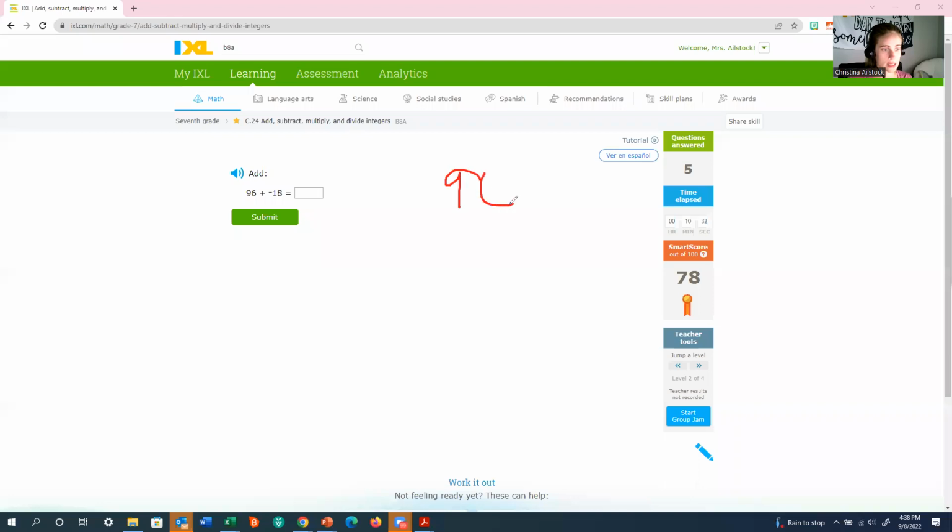So 96 minus 18. Looks like I'm going to have to borrow again because I can't do 6 minus 8. But I can do 16 minus 8, which is 8. And 8 minus 1 is 7. All right, now that I've done this, I need to figure out whether my answer is a +78 or a